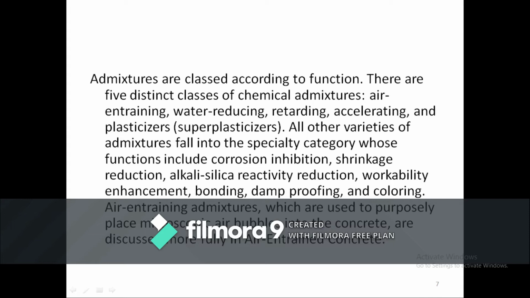Now let us see air entraining admixtures, which are used to purposely place microscopic air bubbles into the concrete and are discussed more fully in air entrained concrete. So here mostly we don't use these air entraining admixtures because we don't want them in the soil. Generally, what is the main thing in soil? Only when it is densified the soil will have maximum strength.